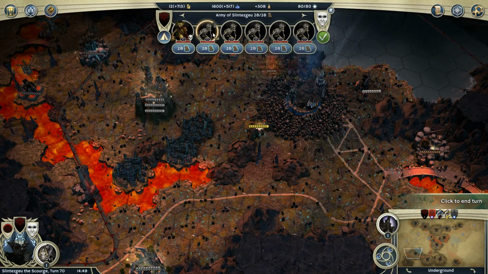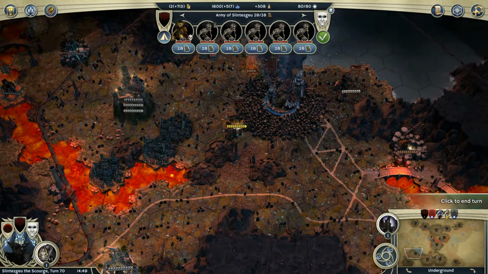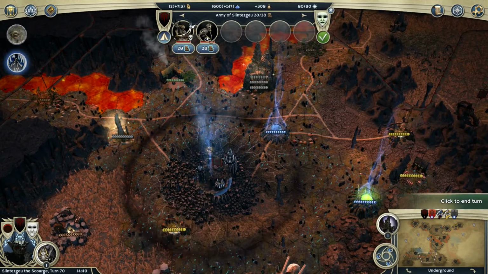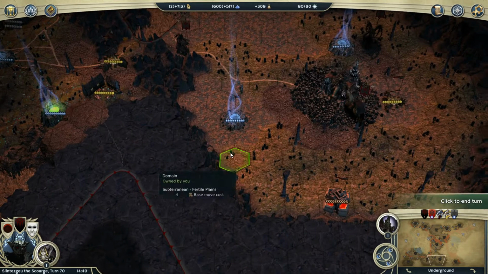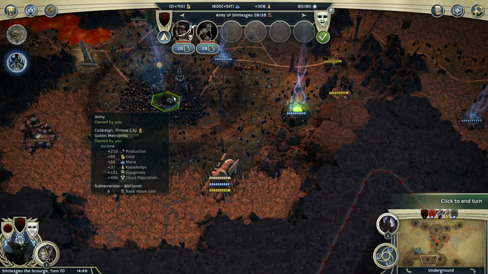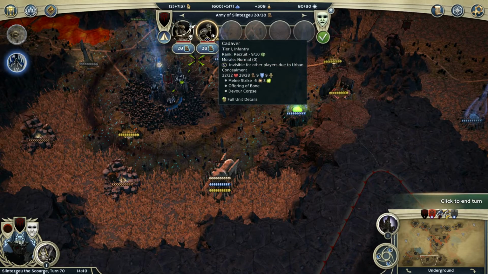We have still a small army of cadavers over here, 5 of them, and we have 1 cadaver over in our now throne city. And we might just send that stack around with a bone collector and feed them to the bone collector as needed. Now,